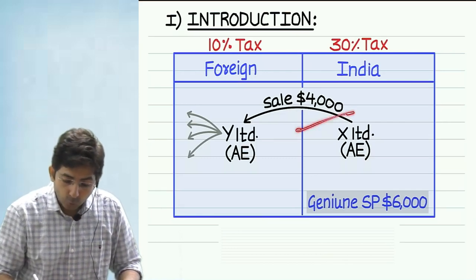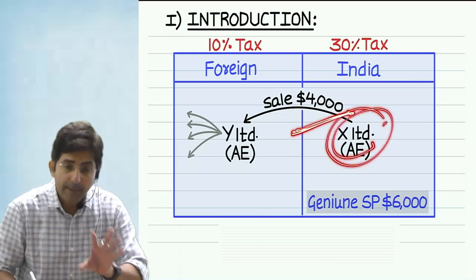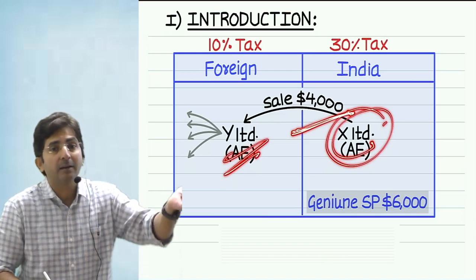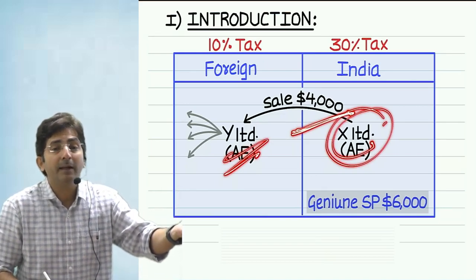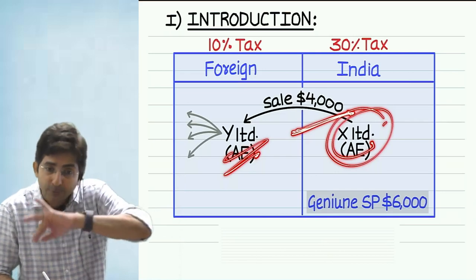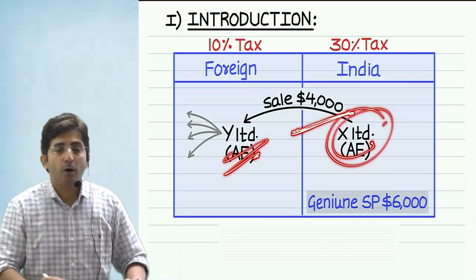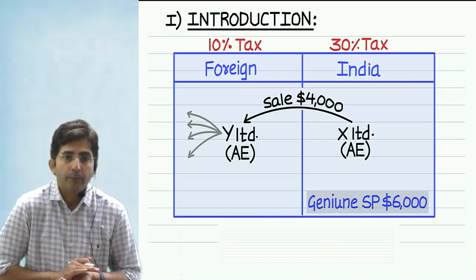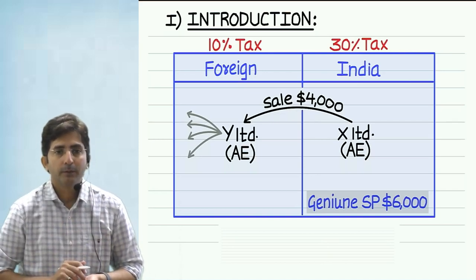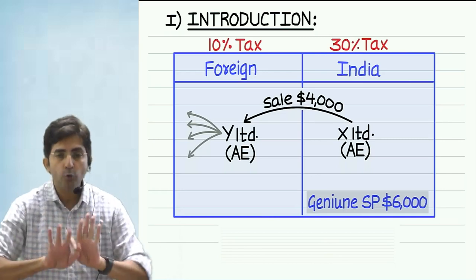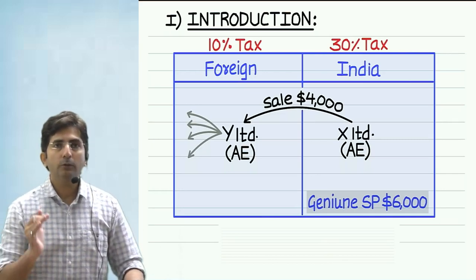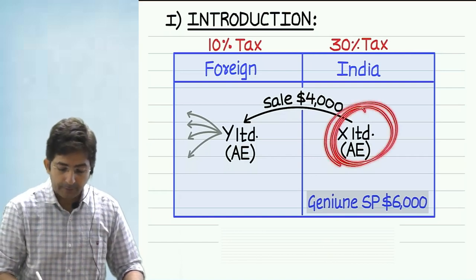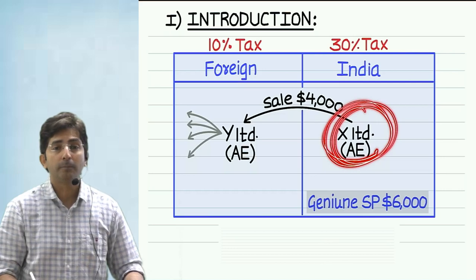Because when I show lower sale, my profits will be lower, but Y Limited's profit will be higher. But Y Limited, how did it get higher profit? It got shifted from India only. Obviously shifting happens. If I show low profits, my lower profit will become higher profit for you. So profit gets shifted from me to you. So tell me how the profit has traveled, how it has shifted from X Limited,